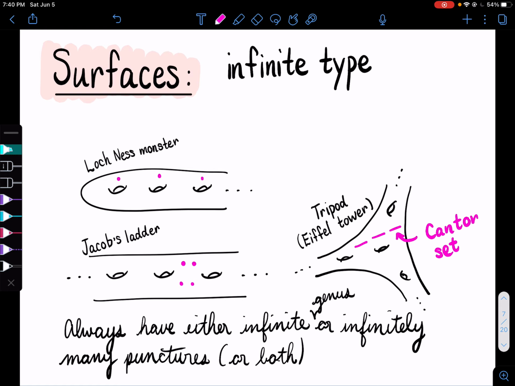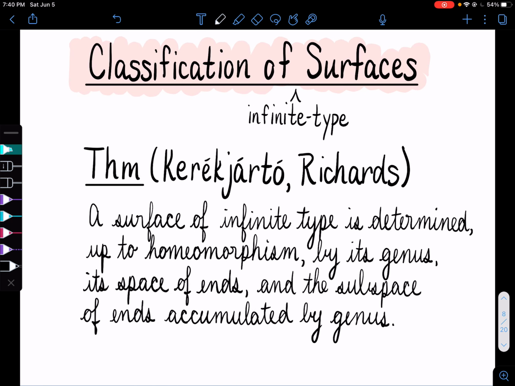So this is obviously, at least to me, feels like a lot more complicated than the finite type setting, right? There's sort of a lot more that could happen here. But it turns out that we still have a very nice classification theorem. So the classification theorem of infinite type surfaces was given by Kerékjártó and then was sort of completed by Richards. And it says that a surface of infinite type is in fact determined up to homeomorphism